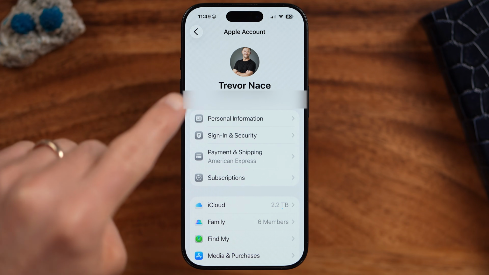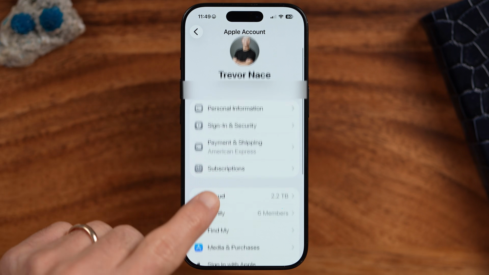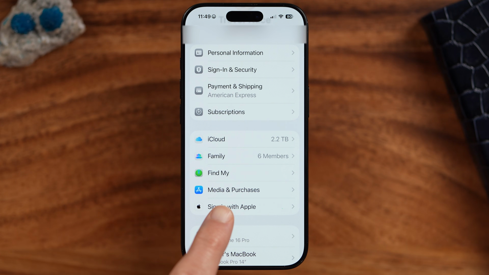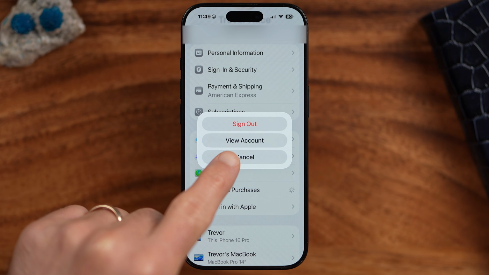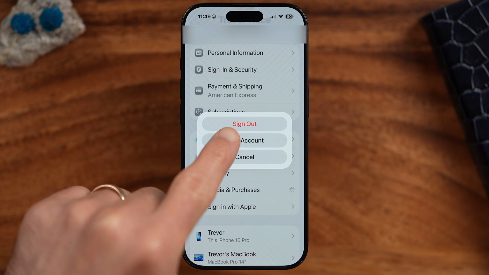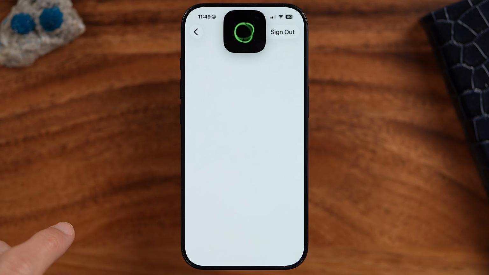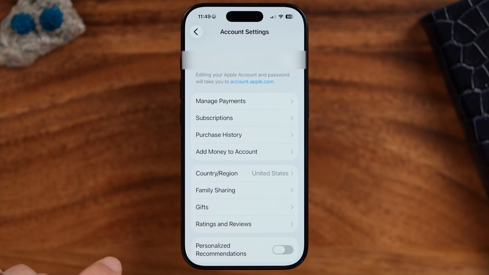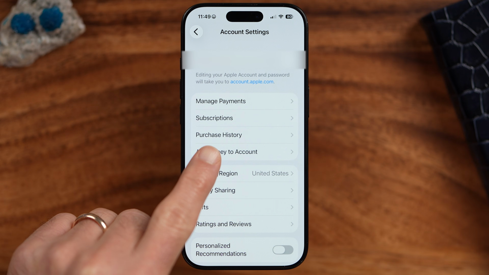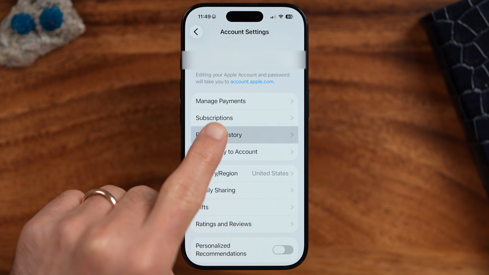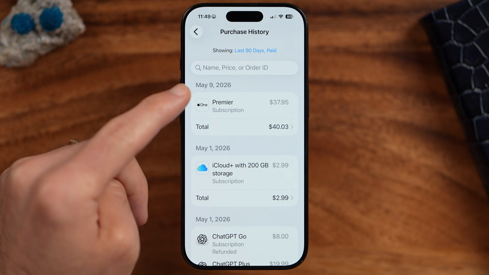And then within the Apple account, still scroll down, tap on Media and Purchases. And this will pop up with a View Account option. So tap View Account and use your Face ID to authenticate and unlock this. After you've done that, tap on Purchase History, the third option down, and you'll be able to see all of